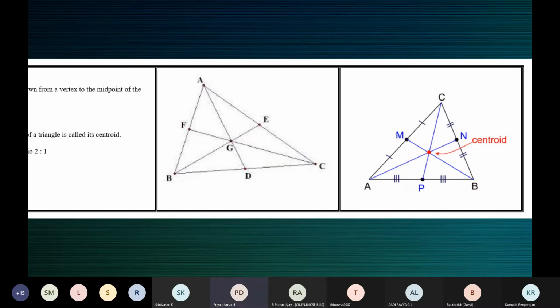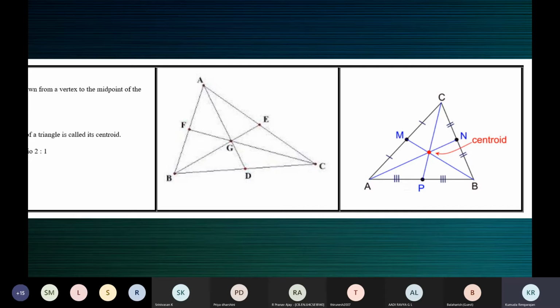P is equal to AB by 2, ma'am. AB by 2. No. Okay, one minute, Priyadarshini. Not like that. You know the length of the line segment AB is 10 centimeters. So AP will be 5 centimeters. PB will be 5 centimeters. That is different. Yeah, you're right. When AB is 10 centimeters, AP will be 5 centimeters and PB will be 5 centimeters. No, our discussion is different.